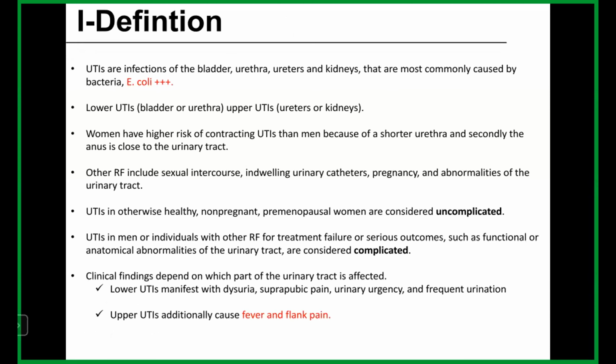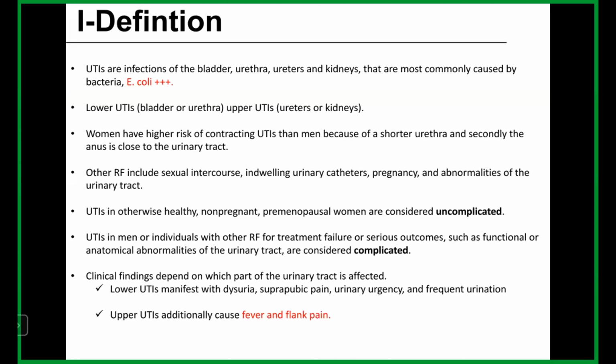At the same time, we have lower urinary infection. It's very common in the clinic and hospital. When a patient comes to the doctor, between us or in a report, we talk about lower or upper infection. The lower infection is the infection of the bladder and urethra, and the upper infection is the infection of